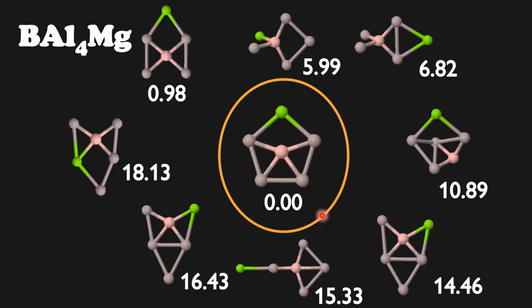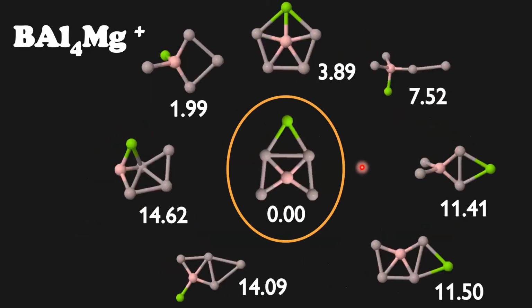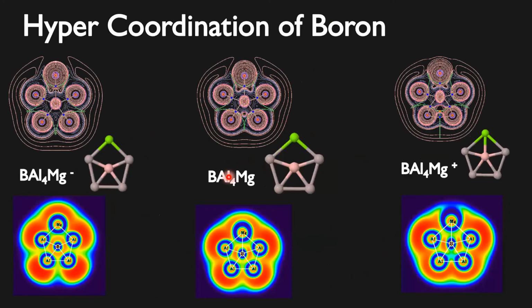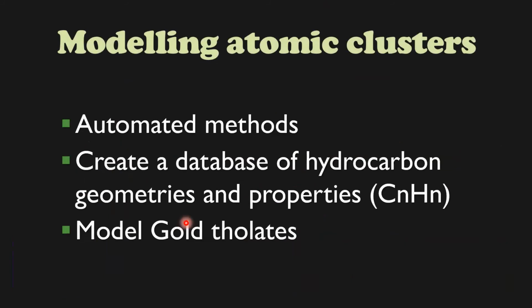We see 4 bonds here, and here we see 5 structures. Whether this bond is there or not depends on the visualizer, so we have to analyze properly to find whether there is a bond or not. That kind of analysis is also done. So these are tetra coordination in boronic systems. And we also found systems where it is hyper coordinated. We can see the bonds between them. So these are hyper coordinate boron systems. They are interesting. So this is all I want to show today.